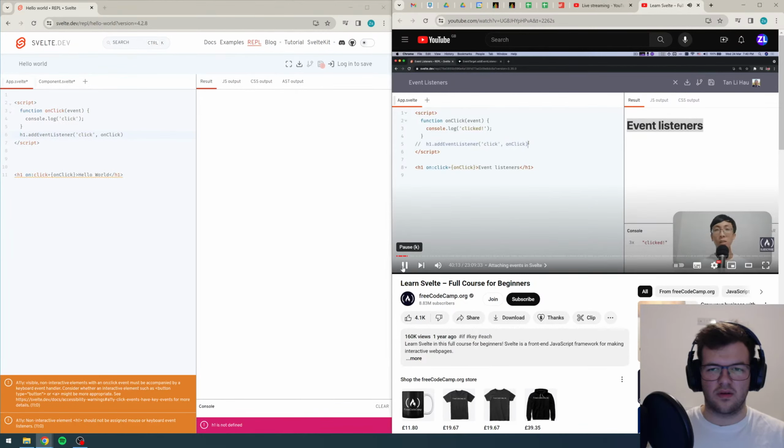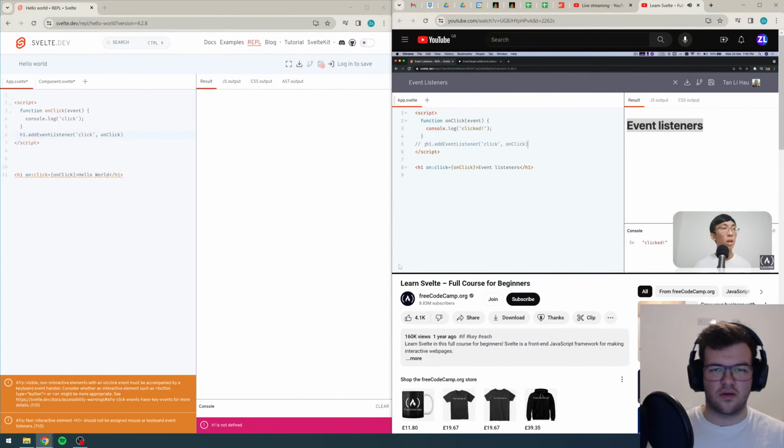This way, in your vanilla JavaScript, you have to remember to remove the event listener when you no longer need this h1 heading 1. But in Svelte, if you do on,